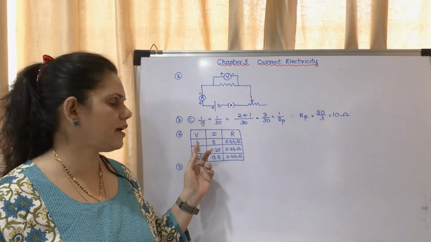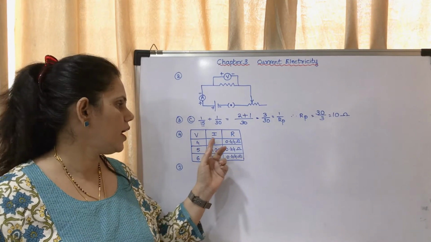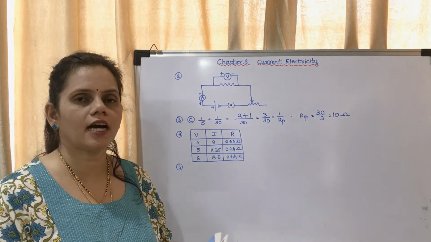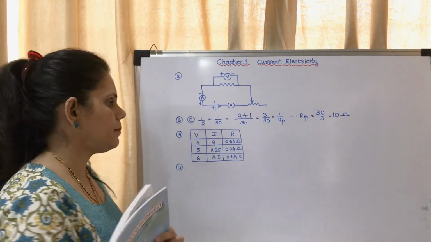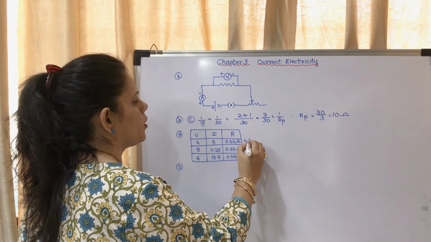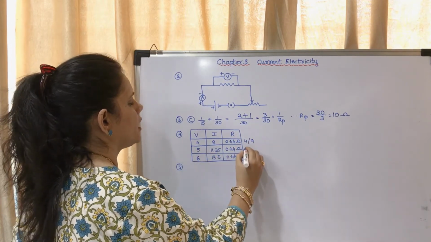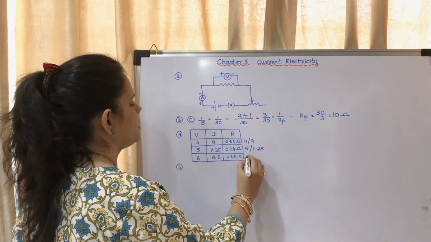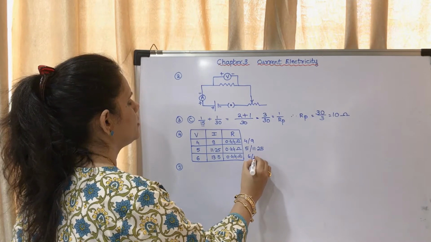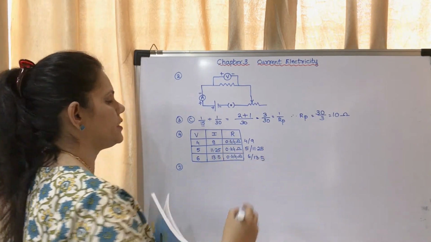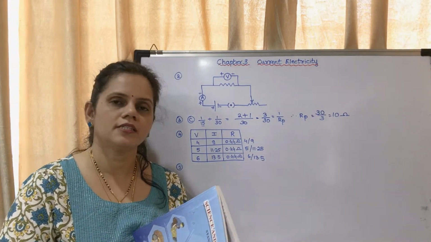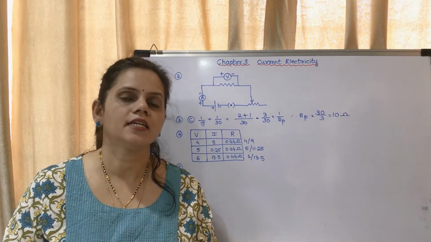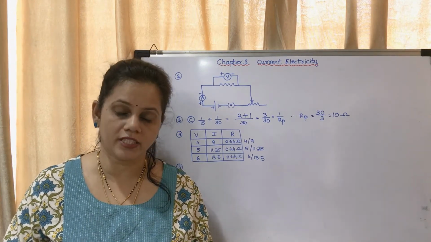In the first case, they have got the potential difference 4 and I as 9. If you calculate R, how will you calculate R? It is V upon I. That means here you have to calculate 4 upon 9. Here you have to calculate 5 upon 11.25. And here you have to calculate 6 upon 13.5. In all these cases, you will get the value 0.44 ohms each. Okay, first you have to calculate that, then solve the following questions.